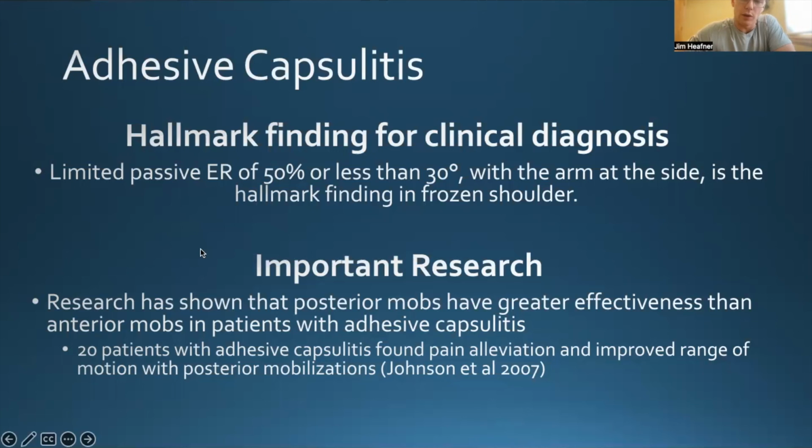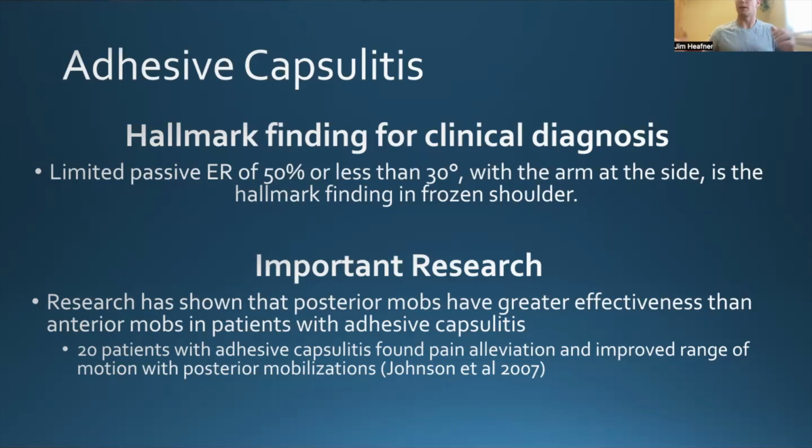Research has shown that posterior MOBs have greater effectiveness than anterior MOBs for patients with adhesive capsulitis. I mention that because you would think that if one's lacking external rotation from a MOB standpoint, you'd want to be doing an anterior mobilization if we're talking about the arthrokinematics. But because of tightness in the posterior capsule,